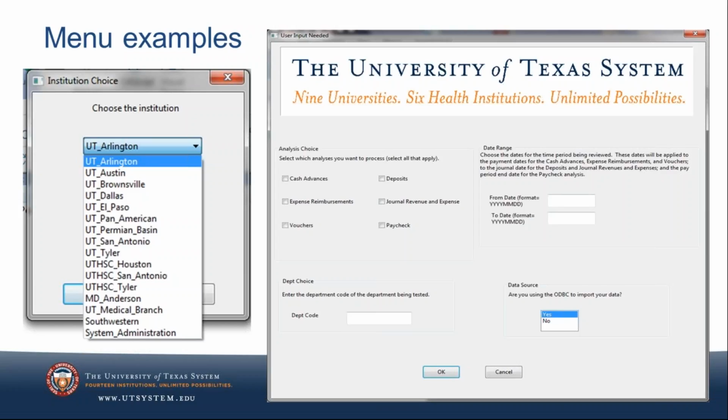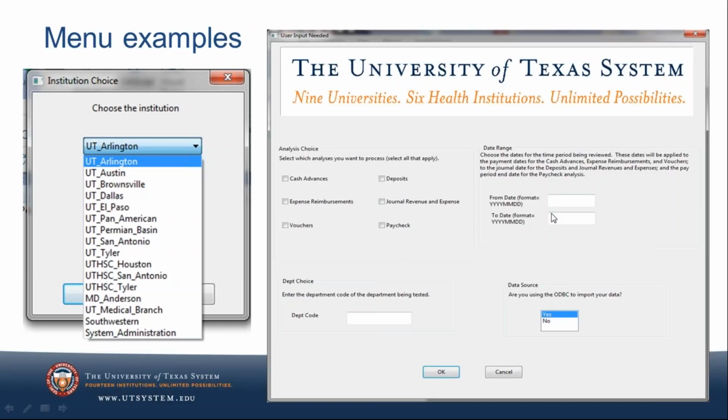For example, if I was picking UT Arlington, maybe UT Arlington has a different way of recording their deposits or of recording their airfare, how it's paid for their travel and entertainment. So being able to choose the institution will allow the script to basically traffic cop and send the program to another part of the script that can run according to what the institution was.